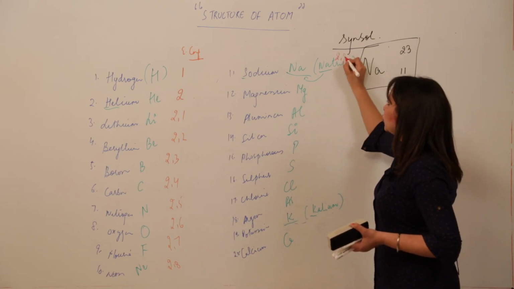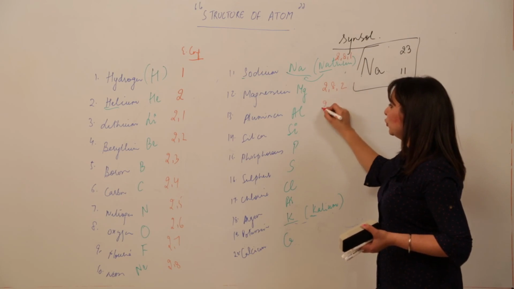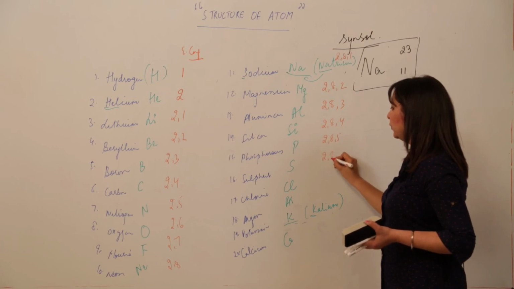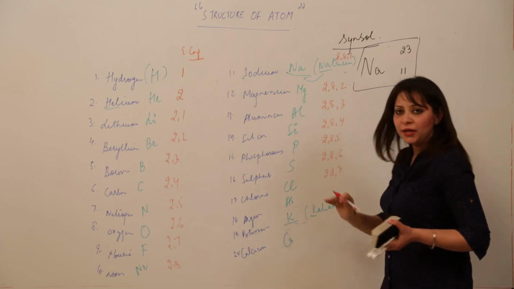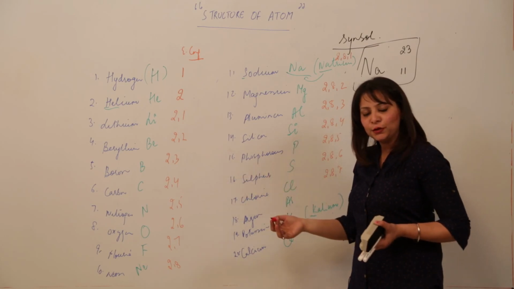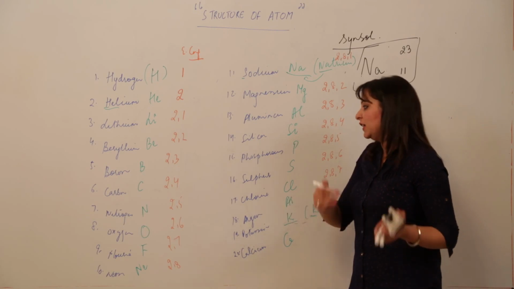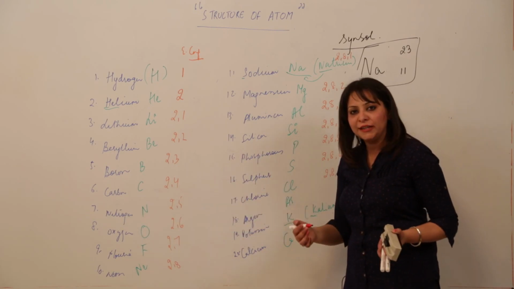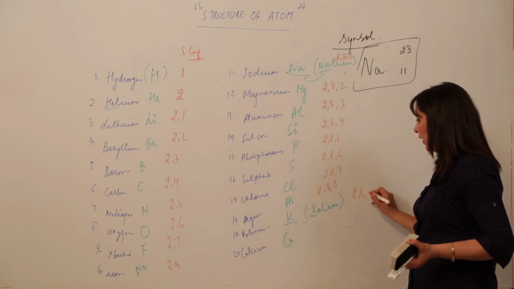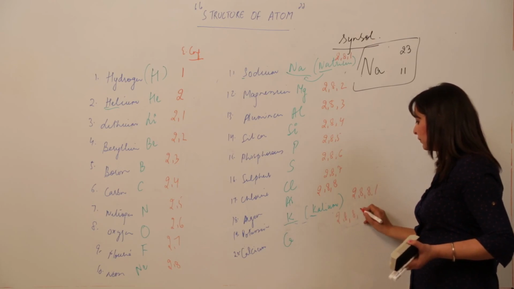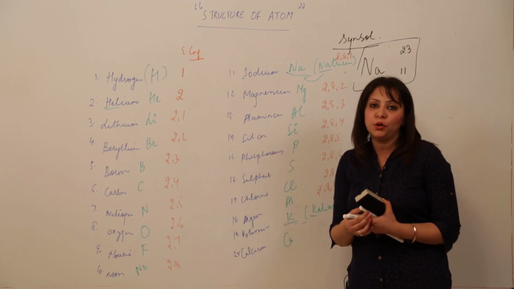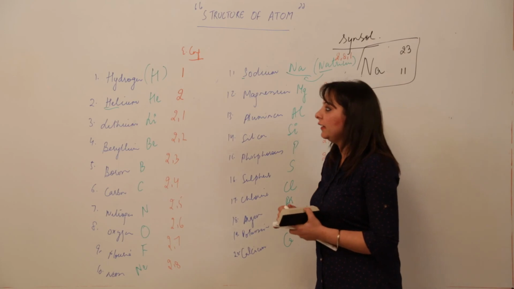Similarly for this, 2,8,1, 2,8,2, 2,8,3, 2,8,4, 2,8,5, 2,8,6, 2,8,7, you know now how I am writing it. I am just looking at the atomic number, considering that it is the number of protons, I know it is equal to the number of electrons, and I am just arranging according to the Bohr-Bury rule, that is 2n squared, that we did before. Similarly 2,8,8, 2,8,8,1 and 2,8,8,2. I hope you get this, how to write the electronic configuration. These are very important. You should know how these electrons are arranged.